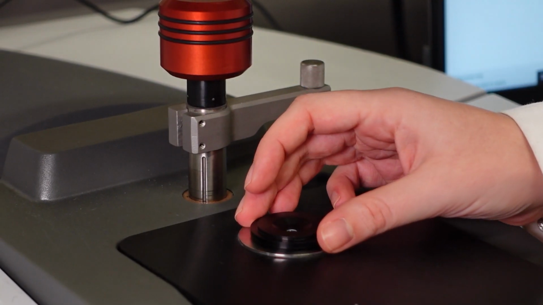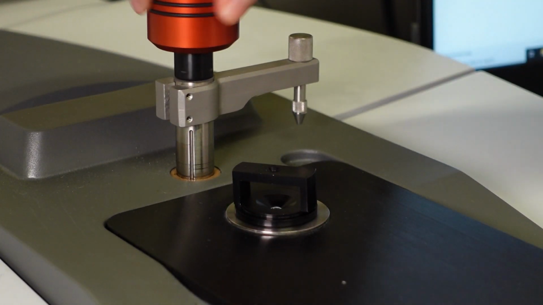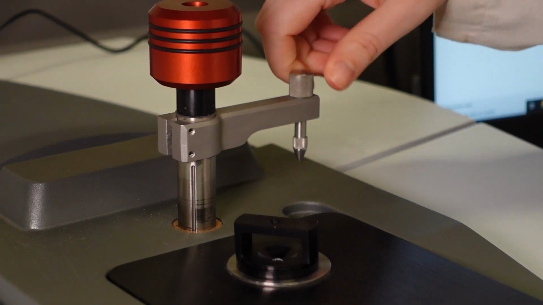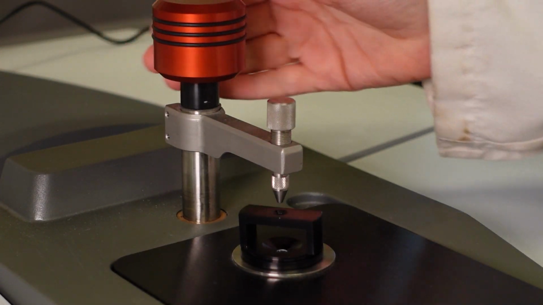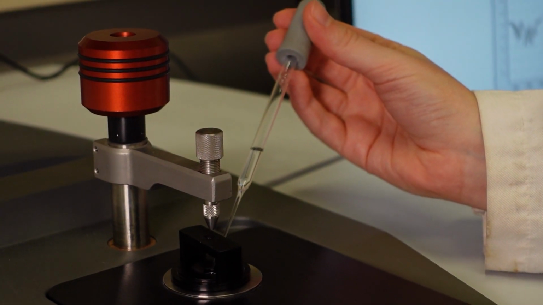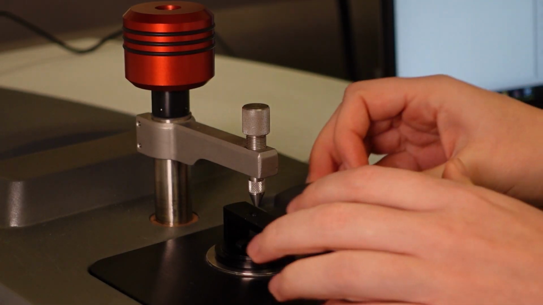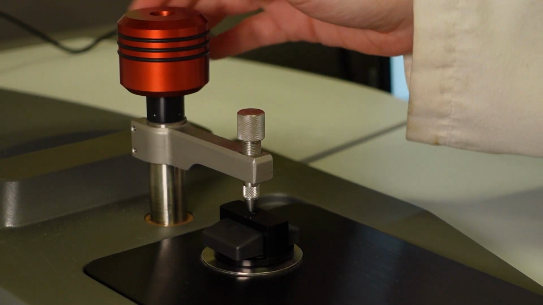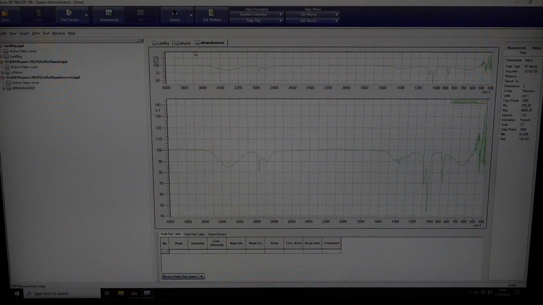To measure a volatile liquid, use the attachment provided. Assemble the setup as follows, and you might have to adjust the metal tip height, as the setup is higher than the usual sample. Then add your volatile liquid and close it. Then clamp down the machine and take the measurement. The graph will be displayed on screen.